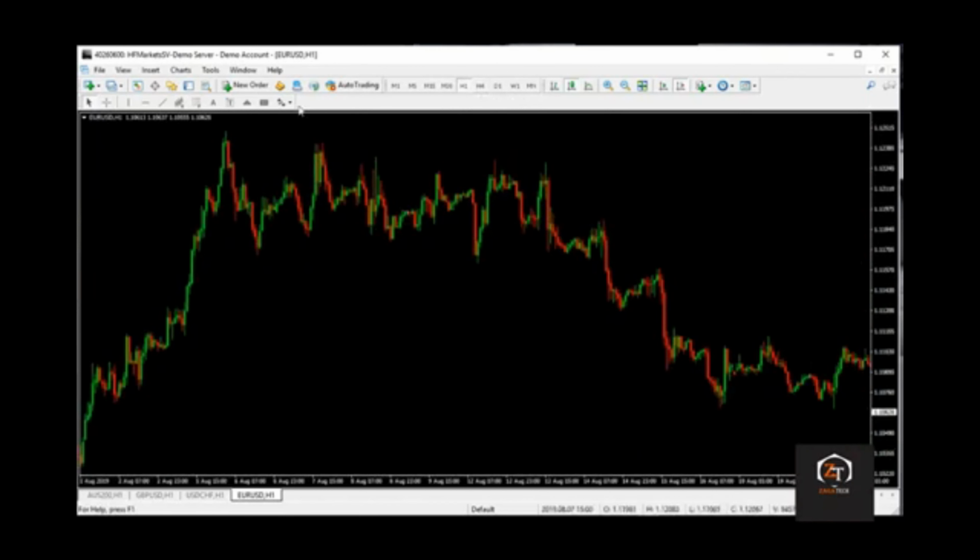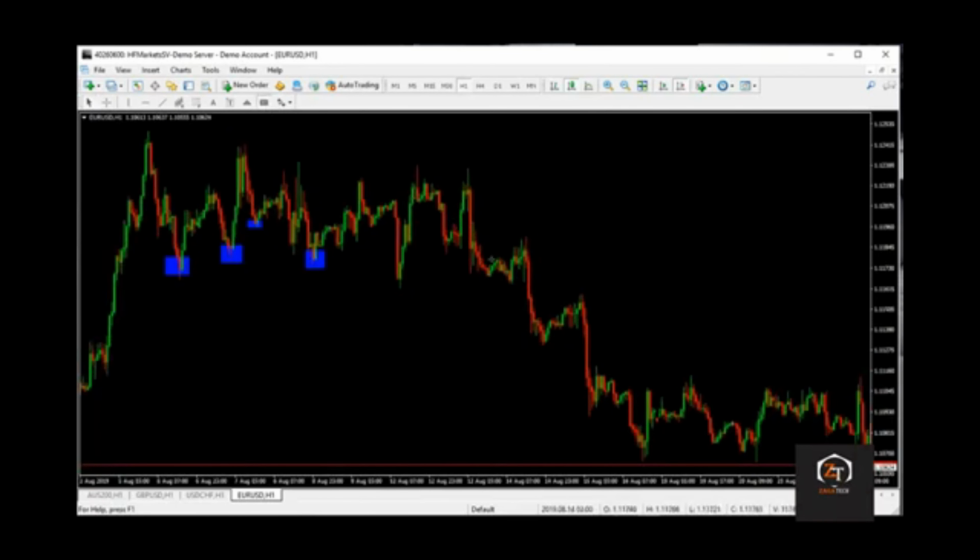For example, here, some call it consolidation, but I just want to show you guys what it means. For example, we have this area. You see, this is a support area. This is a support area. This is also a support area. Then we have a minor. Remember, in the first picture I showed you, we have major and minor. For example, here is a minor one. You see this one? I don't want to click everything. See, this is a minor support. You see one here is a minor support. This is a minor support.